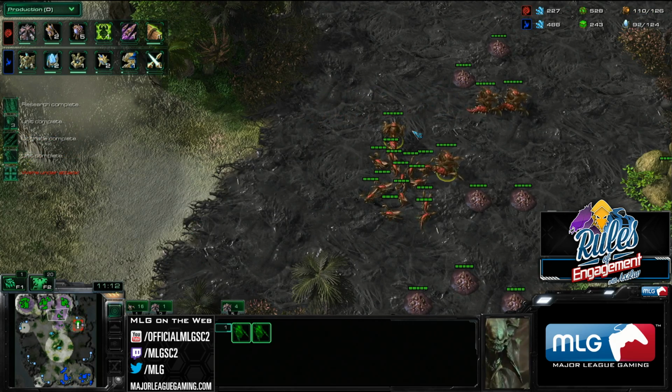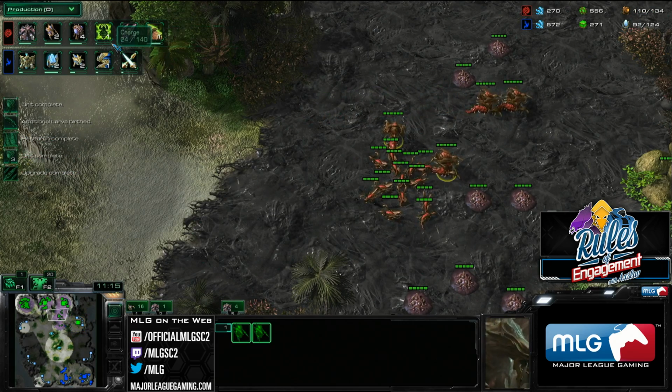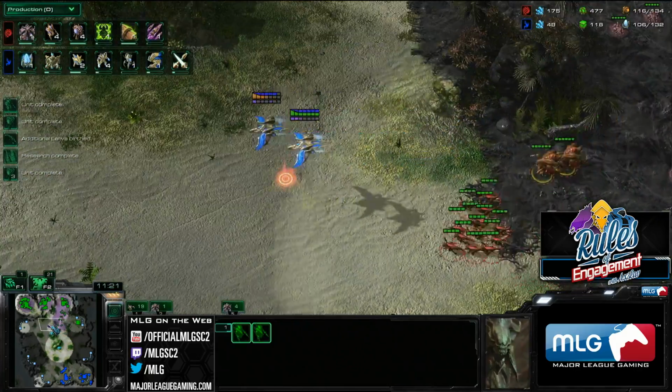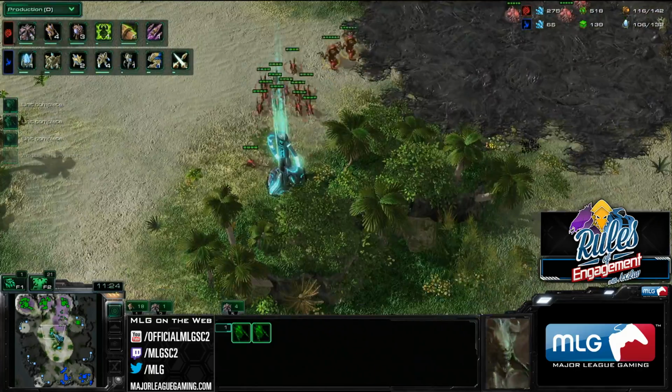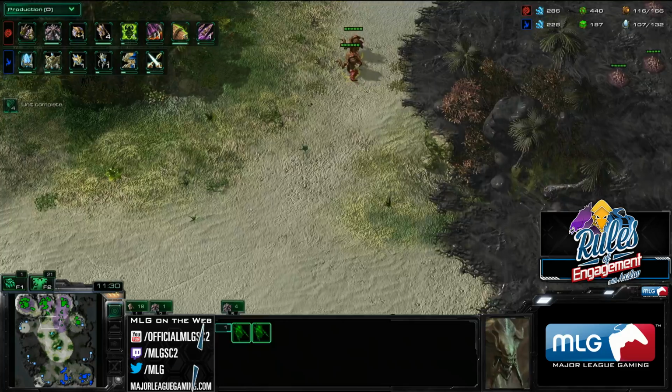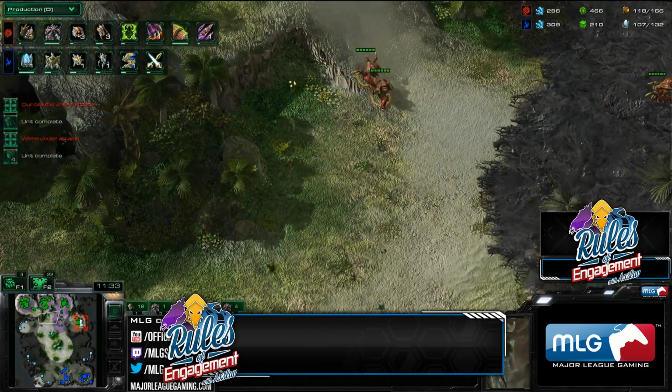And then you want to get Swarm Host because they're really good. That's what you do against Protoss, or that's what Rhett does. I mean, it's definitely a fine option. Swarm Hosts are really good against Protoss, so go ahead and get some of those. And the reason this composition is good is because the Hydralisks not only defend against the Phoenixes,